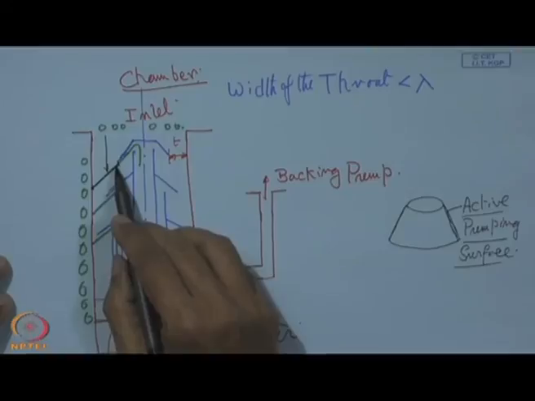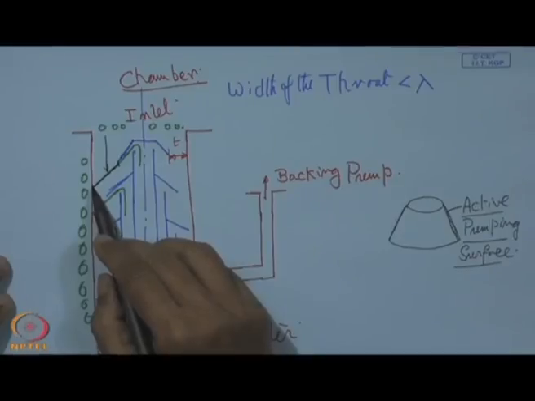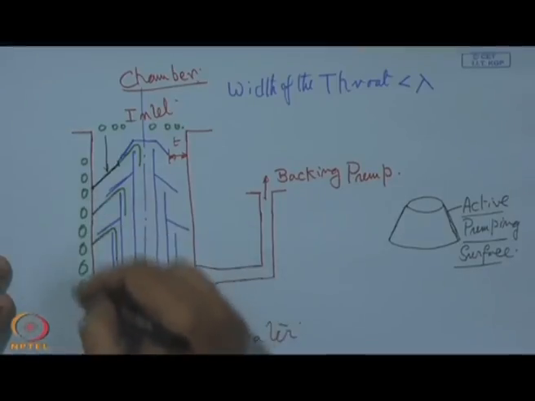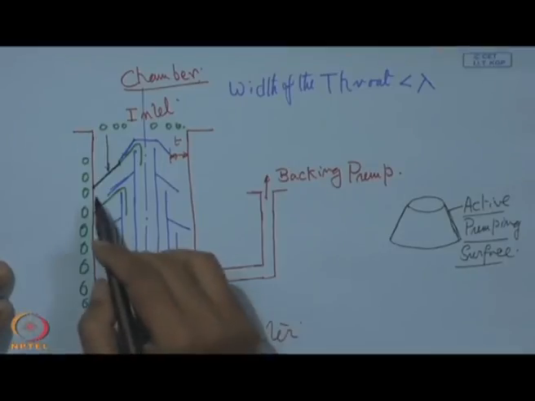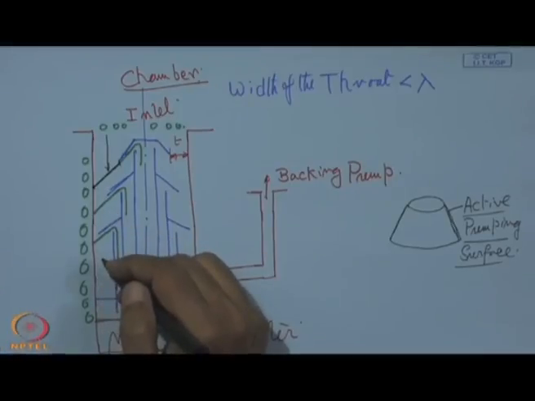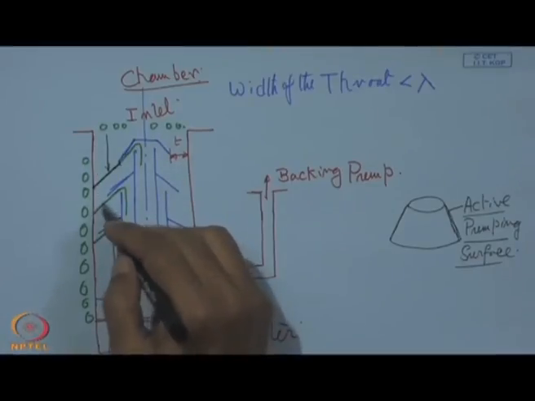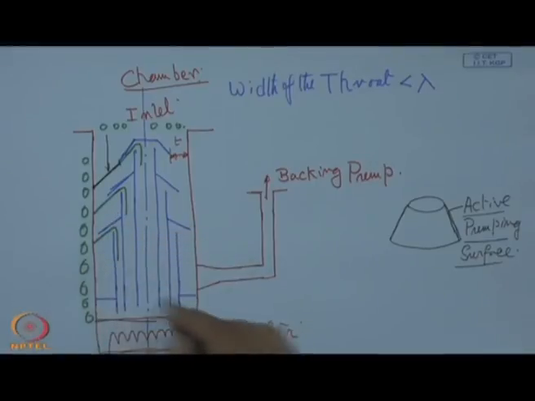Then it is entrained, and it is moving, and at the same time it is going to hit this cold wall, which is cooled by chilled water, and there the oil gets condensed. This condensation continues down the length of this outermost shell. The oil which gets condensed flows back to this oil reserve, and then the process repeats itself.